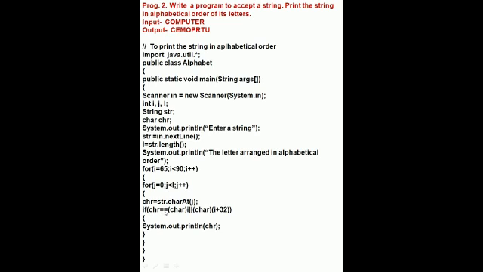Now we will write the condition. If chr equals I, or chr equals I plus 32, because the difference is 32, so we are taking 32. Curly bracket start, System.out.println, print the chr value. Only chr will print, because chr will change the characters. Now 1 2 3 4 5, we have closed 5 times over here. 1 2 3 4, I will close one more time here, 5. Okay, now I will explain that program by using BlueJ.